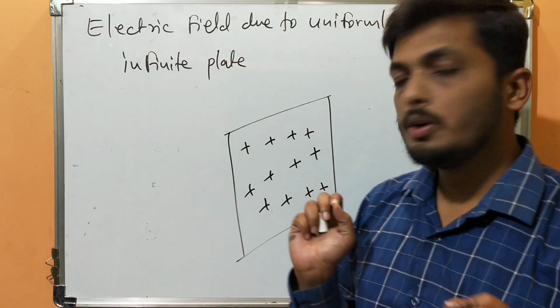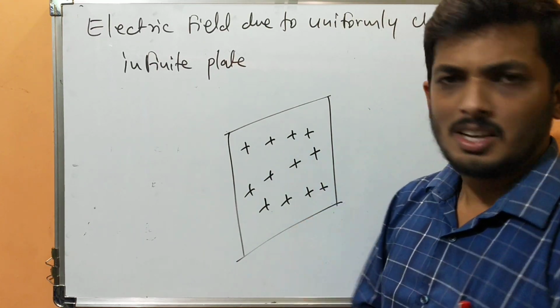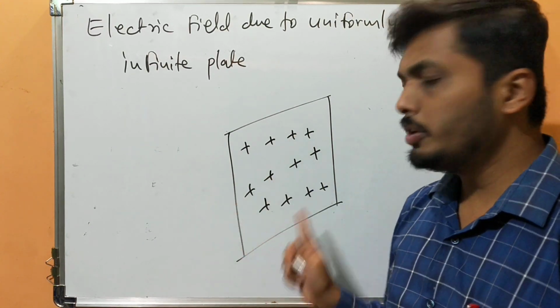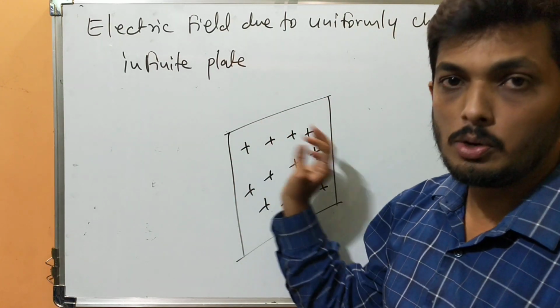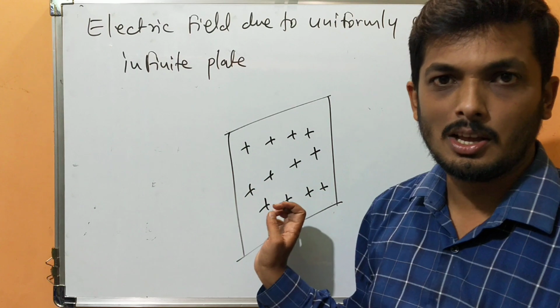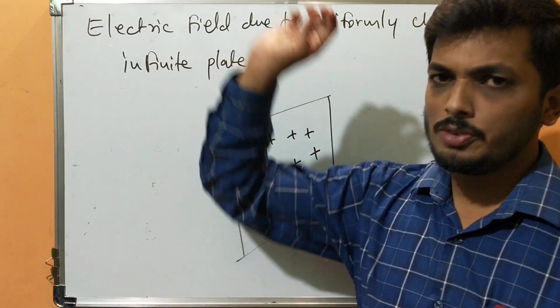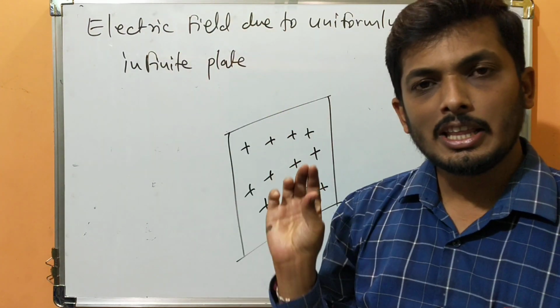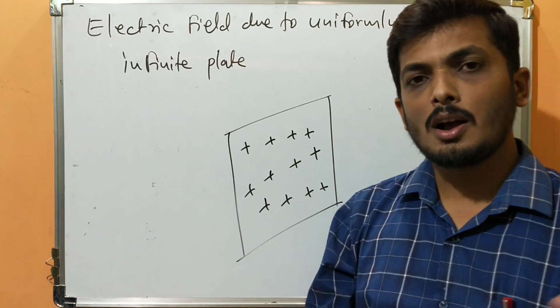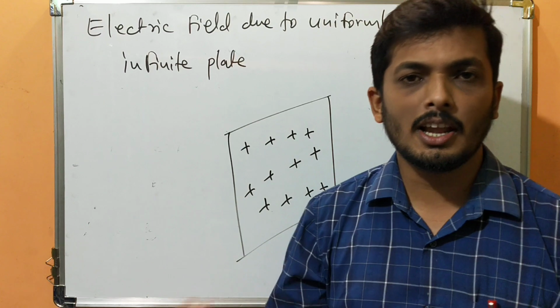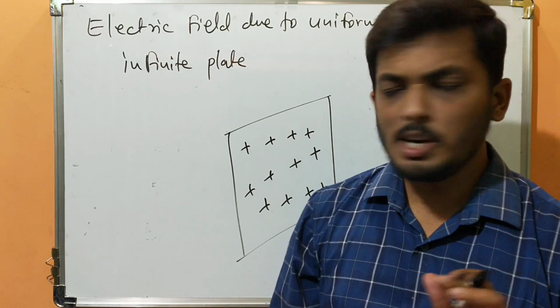You need to find the electric field at any point due to this uniformly charged plate. Now this is a charged plate, meaning two-dimensional, so you need to consider a surface charge density, which is sigma. First find the flux by the traditional method, then apply surface charge density, then apply Gauss law, compare equation 1 and 2, then you will get the electric field. Okay, try to solve it.